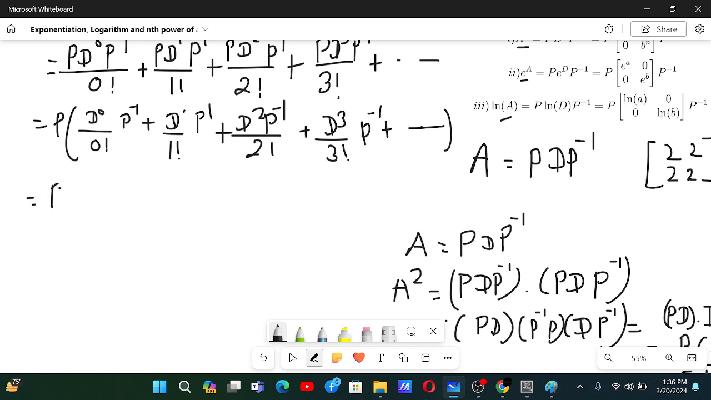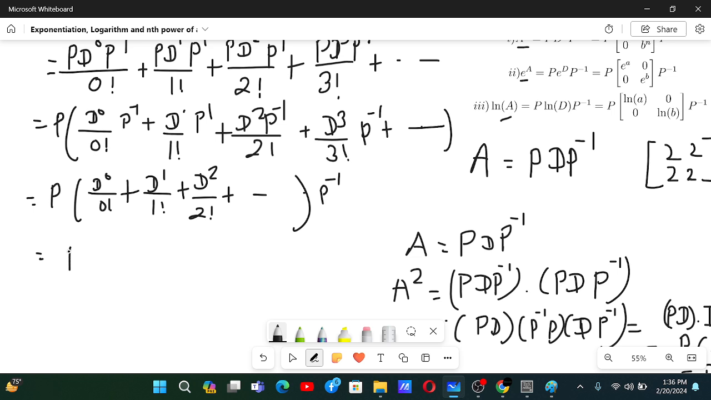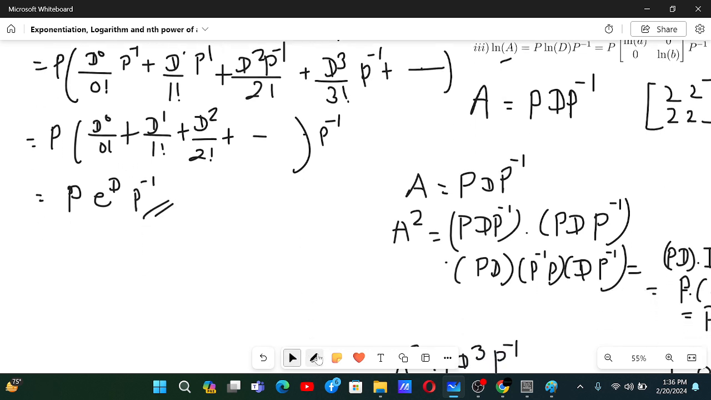That's why you have P, and then T^0/0! + T^1/1! + T^2/2!, and this goes on, and then P^-1. Now you see this is just P e^D P^-1. Okay, so now let's say we have D as